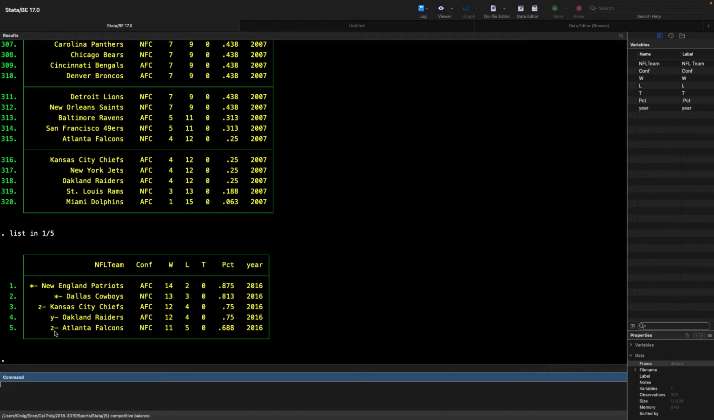But the data set does contain many years. And in the case that you're going to use all the data, which you will for the assignment, you want your team names to match up. So for example, if I tabulate the team name,